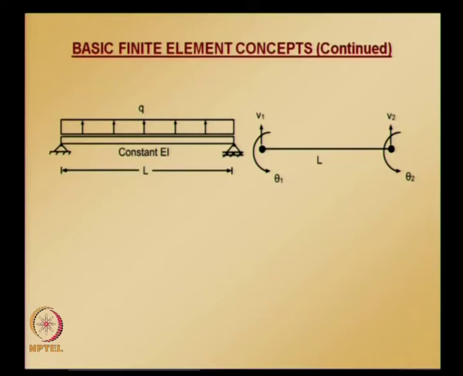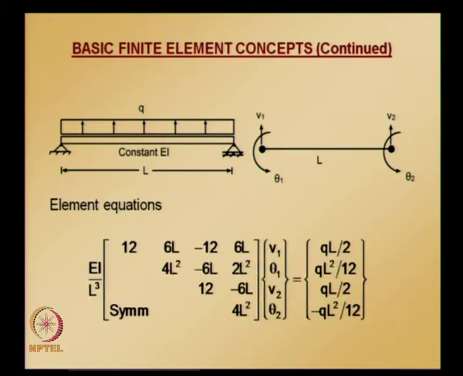using the superposition method. So this is a simply supported beam subjected to uniformly distributed load, having span L and modulus of rigidity EI, which is constant. So we are assuming a prismatic beam and uniformly distributed load, and this entire beam is discretized using one element having length L, and the nodal degrees of freedom are V1, theta 1, V2, theta 2.